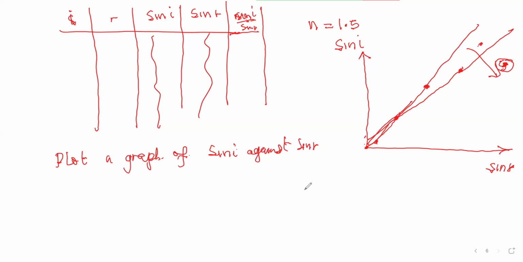In our theory, we saw that the slope of sine I against sine R is equal to the refractive index of the material. I wanted you to use the graph to find the refractive index and not to find this constant and then find the average. No. Plot your graph,